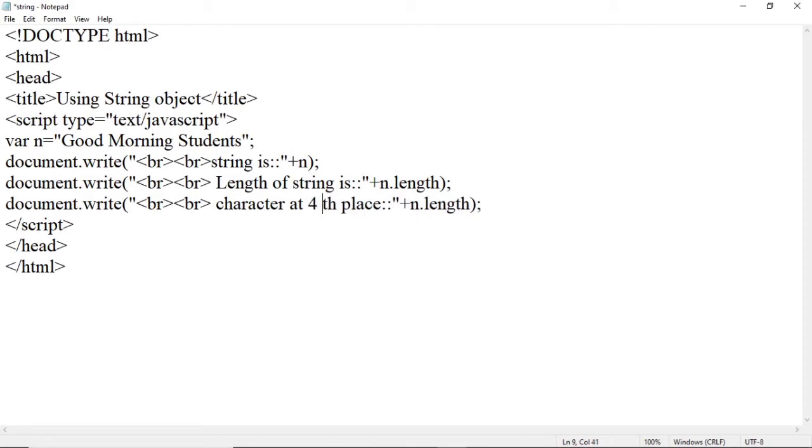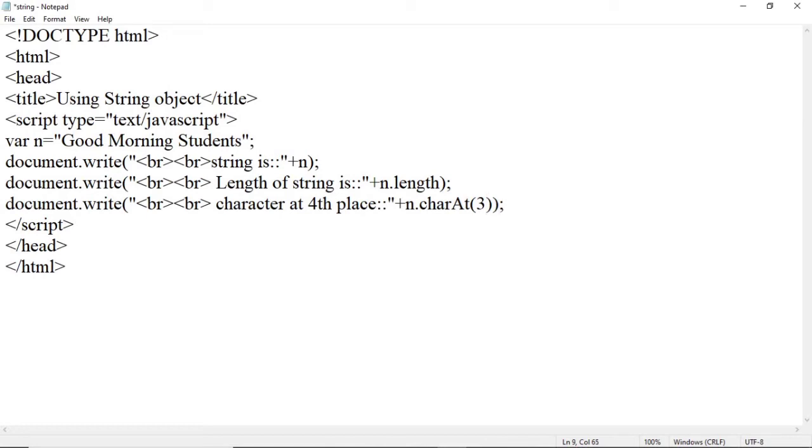To get a character at a specific position we have to use a method, that is the charAt method. So n.charAt in brackets, provide the value here. If we want the character at the 4th position, we have to specify 3 because counting is started from 0. 0, 1, 2, 3. It will return the character at the 4th position.